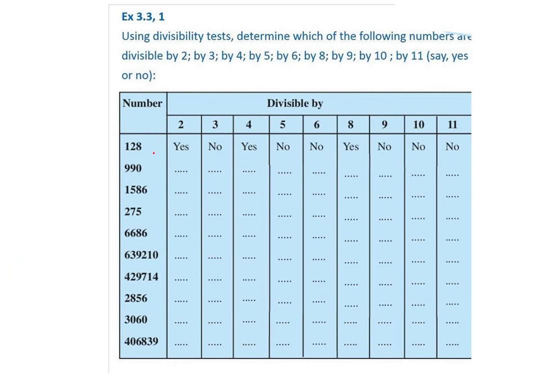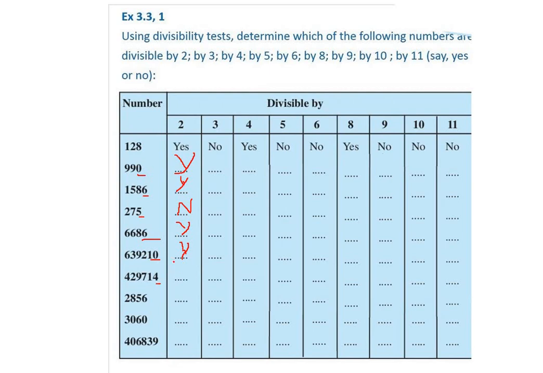Let us use first of all the test of divisibility by 2. We see that the last digit should be even if we want the number to be divisible by 2. So let's see the last digit here, 0. As it is even, I'm going to write Y for yes. Last number is 6, that is even, so it is divisible by 2, writing yes. Last number is 5, that is odd, so writing N, no. Last number is 6, that is even, so writing yes. Last number is 0, that means even, so it is divisible by 2, writing yes.